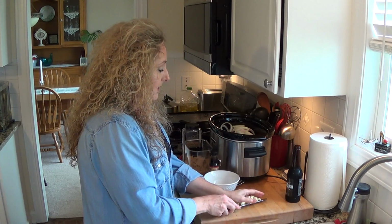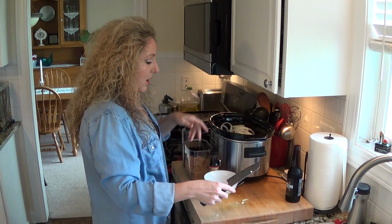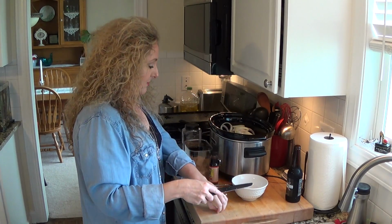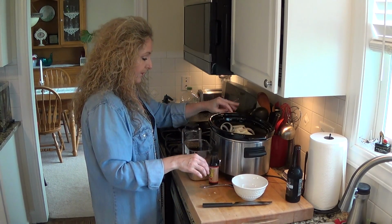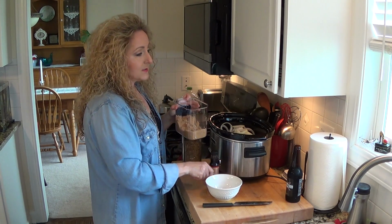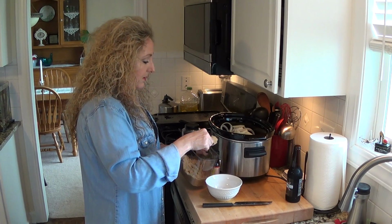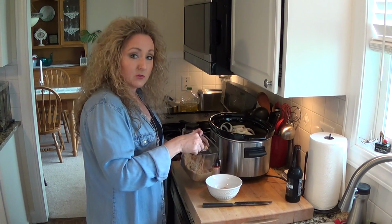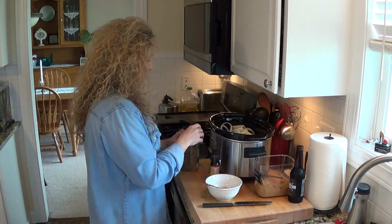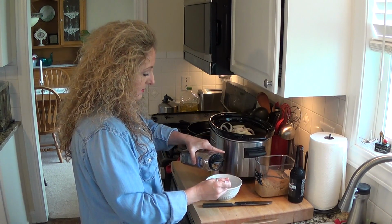And then the next thing is I've got 4 cloves of garlic that I've coarsely chopped. Just going to infuse some nice flavor there. And then the next thing that I do is I take brown sugar, and it doesn't matter if it's white or dark. A couple of tablespoons of brown sugar. And to that, I'm going to add a heaping